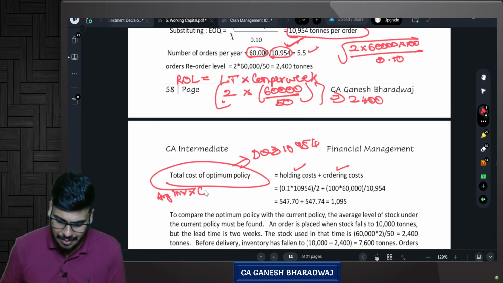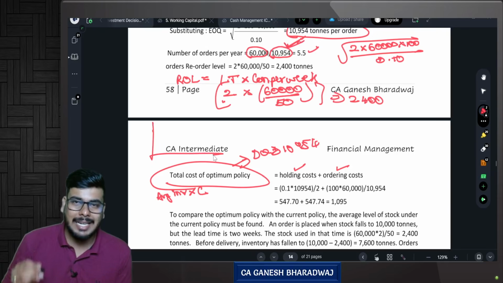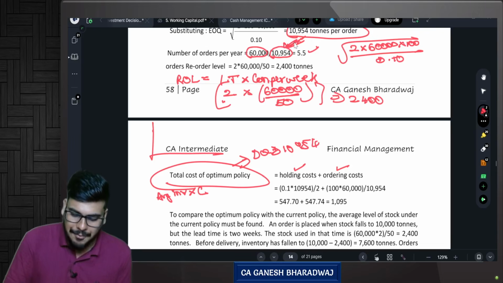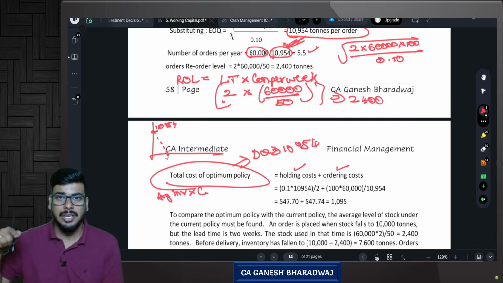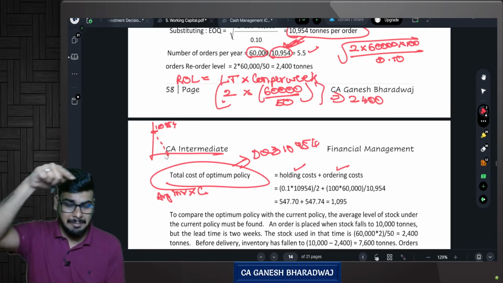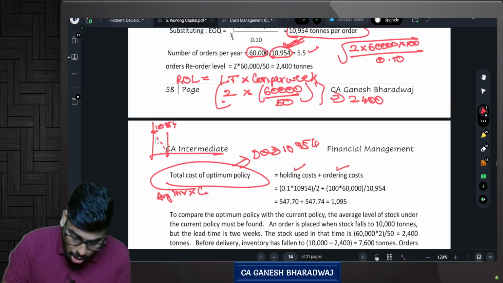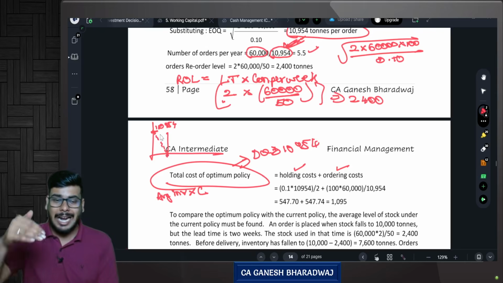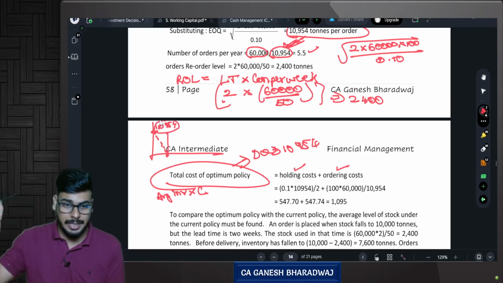What is the average inventory that you will keep? Now if you see here, at every point of time, if you place an order, you will get 10,954 units. By the time the supplier delivers your product to you, again you will get this 10,954 units. Or in other words, at one point of time in a period, there will be 10,954 kgs in your tons